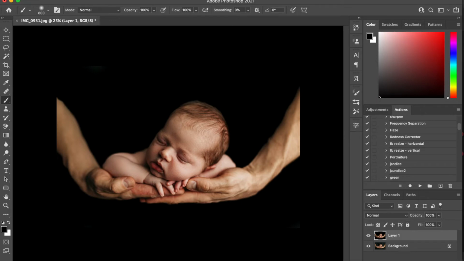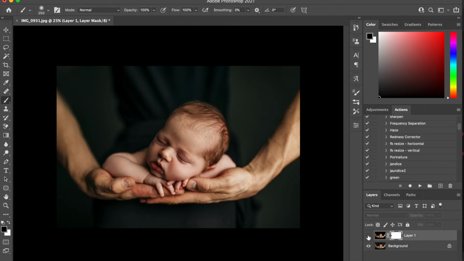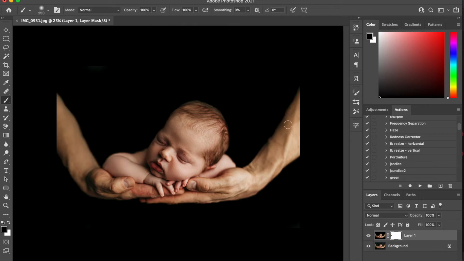I'm gonna mask off. I just added a layer mask to this top layer, and I'm just gonna mask off where it did paint over his arm a little bit here. I think that was the only spot pretty much. Yeah, we're gonna go right here a little bit, and you can just mask off if it's selected too much. Okay, so I'm gonna merge that down, and it looks like I've got everything nice and blacked out, but sometimes